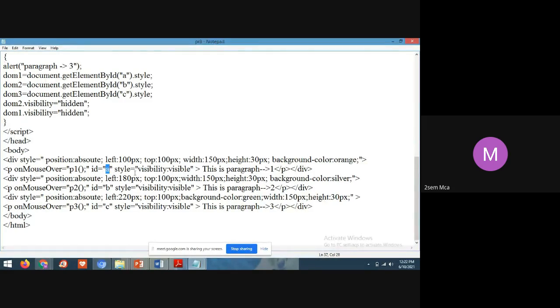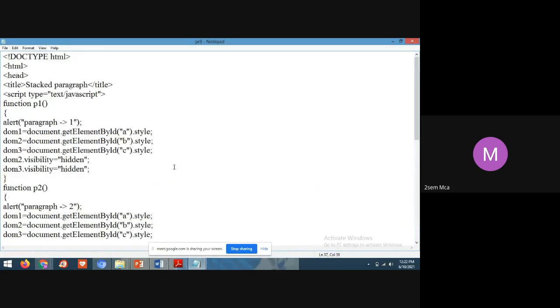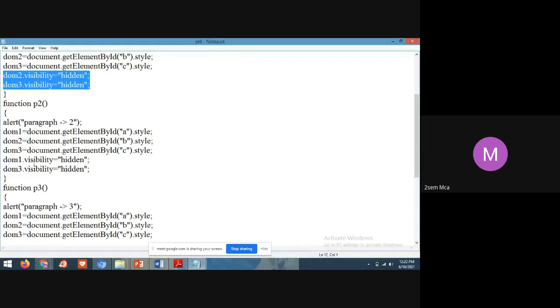So A means the visibility of the paragraph is visible, but the remaining 2 DOM values' visibility is hidden. That's why when you put your mouse pointer on the first paragraph, the remaining 2 will be hidden. But if you put your mouse cursor on the third paragraph, then the first and second will be hidden. Why? Because accordingly we have written this code.